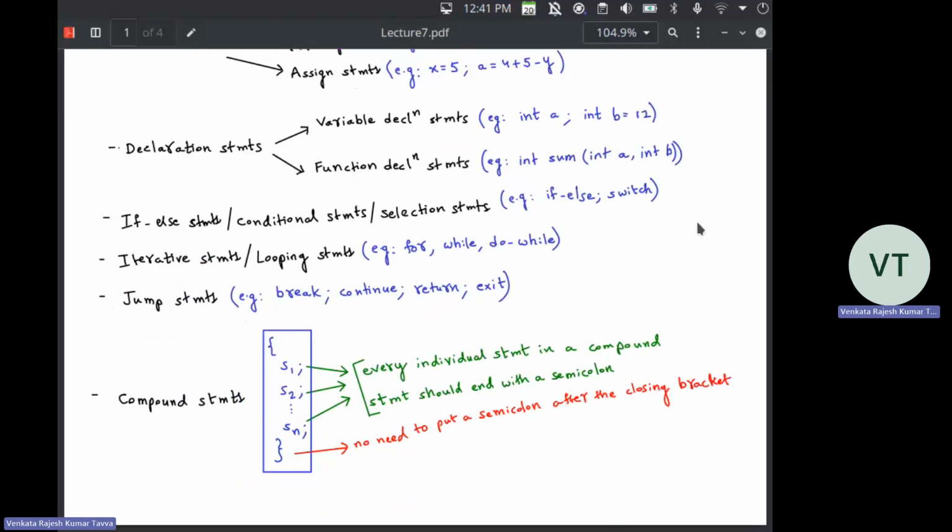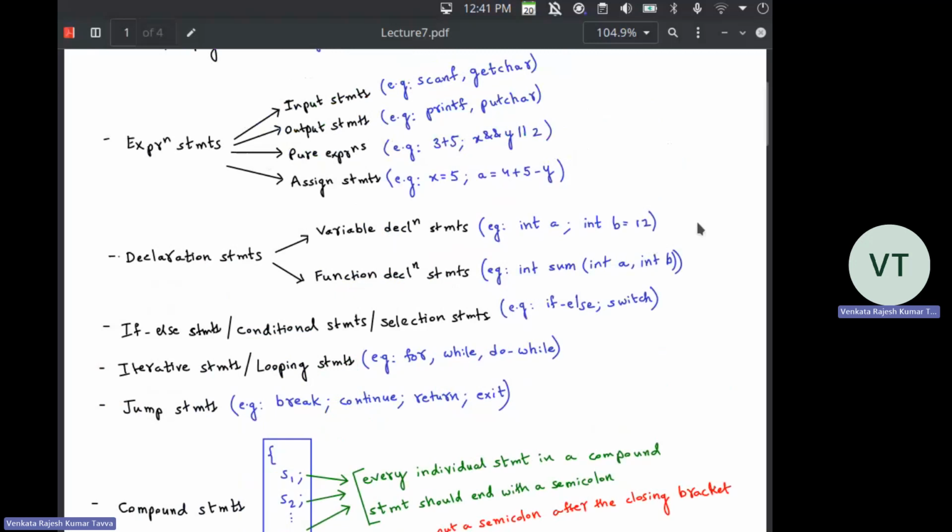So a compound statement is nothing but a sequence of statements where each of the statements in the sequence can belong to any of the above categories. It can be a declaration statement, it can be a loop statement, or an iterative statement, whatever it is. Okay. So except expression statements,